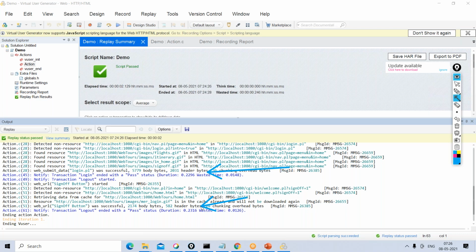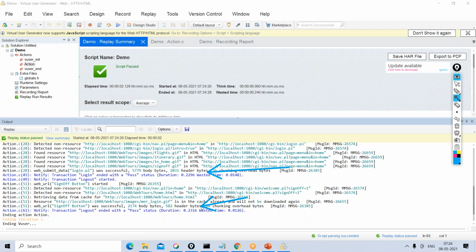So like that, we can record the application, or we can record the flow, and we can create these transactions for each functionality, and we can easily know what is the response time, or how much time it is taking to download a bank statement, or how much time it is taking to transfer money from one account to another account. So all these things we can know very easily.